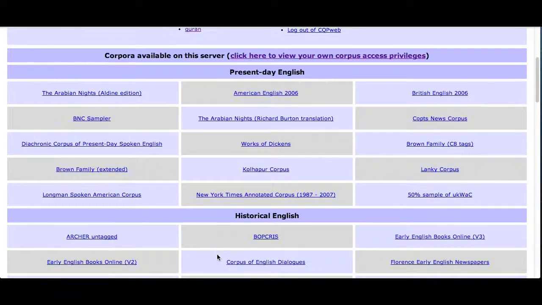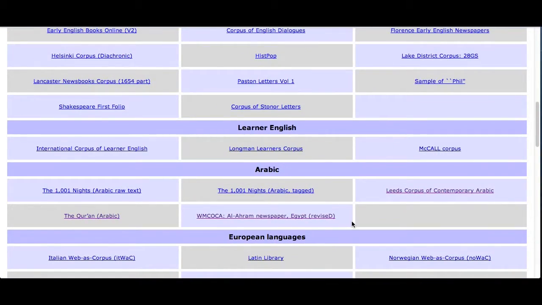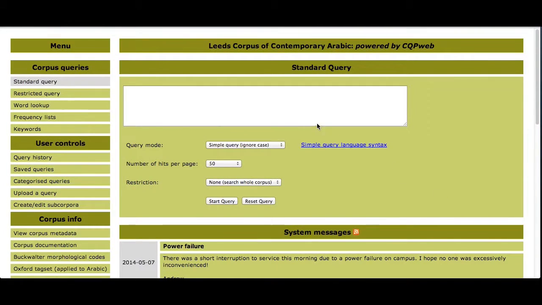However, we selected from the Arabic Corpora included on this website the Leeds corpus of contemporary Arabic, and by typing the word Idhan,